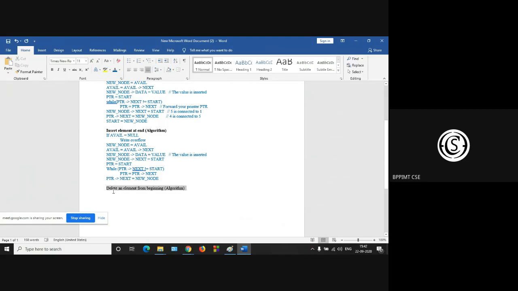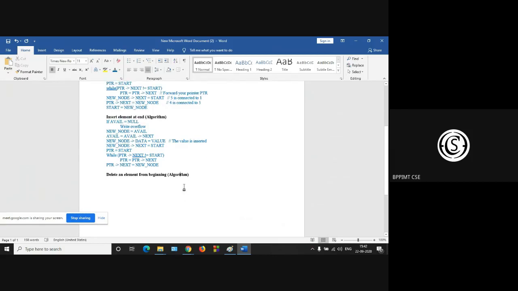How to delete an element from the beginning? What will be the logic? If your start is equal to null, that is underflow, empty.